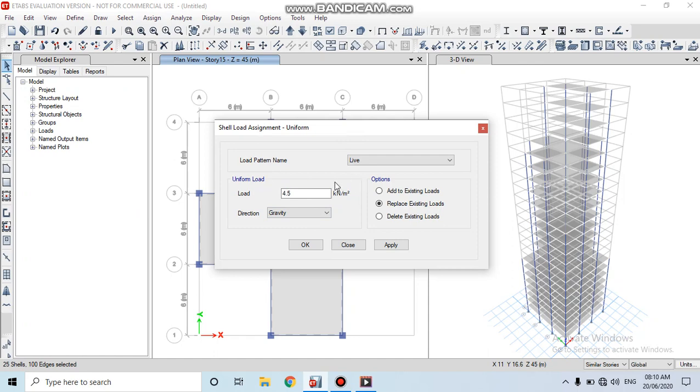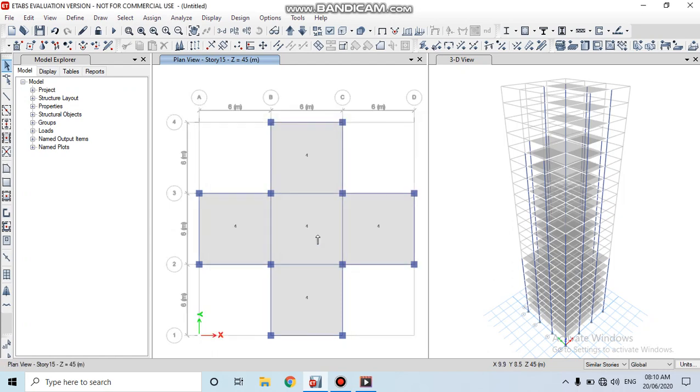Here the load pattern is live, but there is a decrease to 4. Here the load is 4 kilonewton per meter square. Click on apply and click on OK. Here 4 kilonewton per meter square live load is applied to the stories 15 to 19. Then go to the last story from 20 to 23.